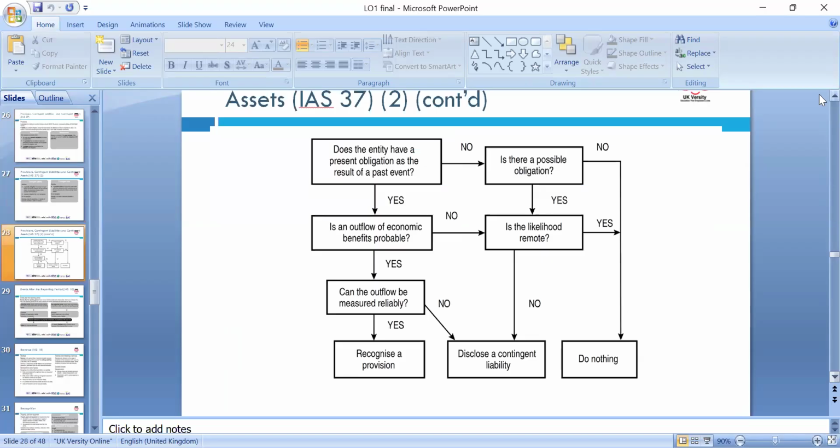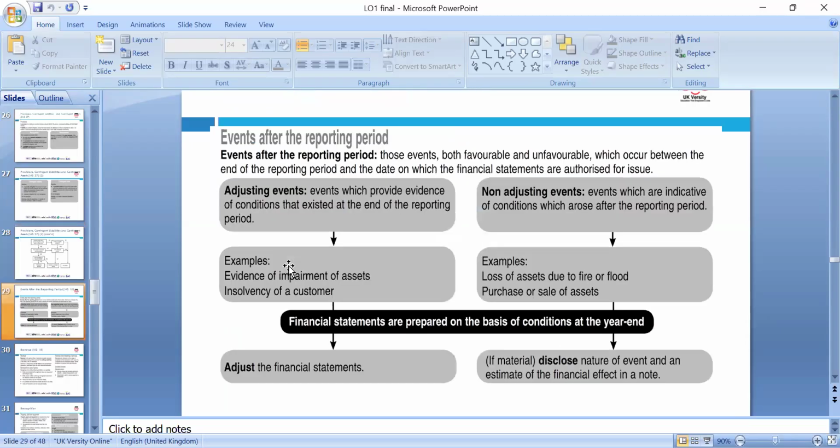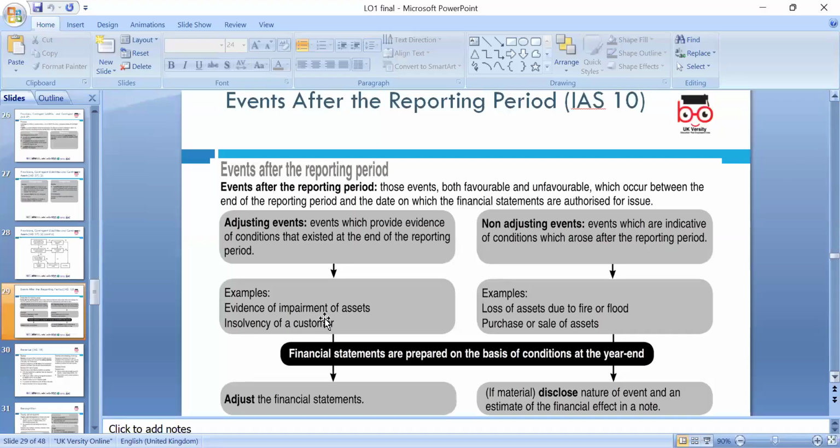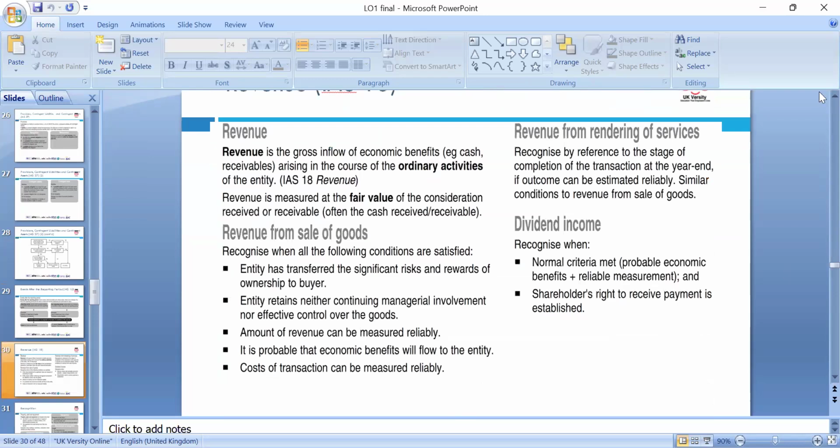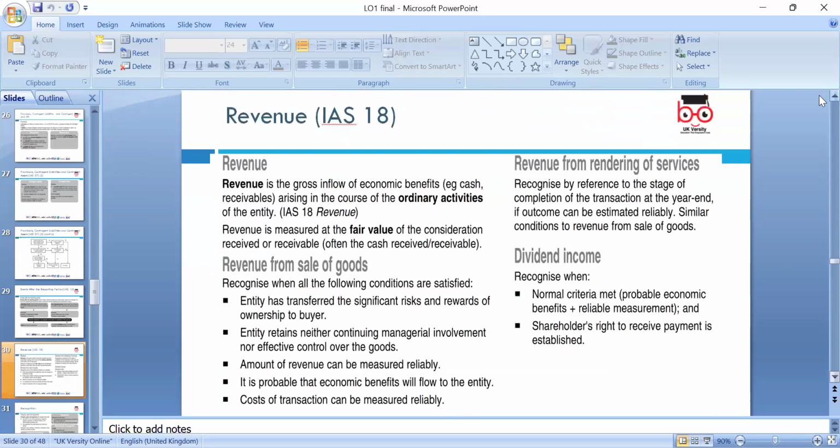So please, we can follow the criteria in the light of IAS 37, whether you want to record it as an asset or liability. And that's IAS 10, where we discuss the post-adjusting event. Is it that the event can be adjusted within 90 days before signing off? And thus, the information should be included in this year's financial statement.